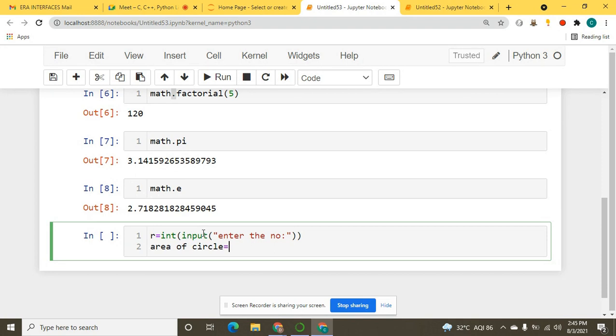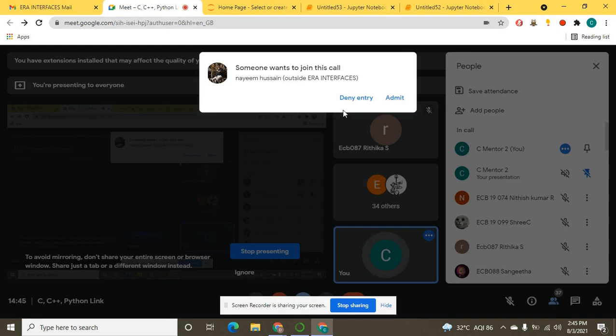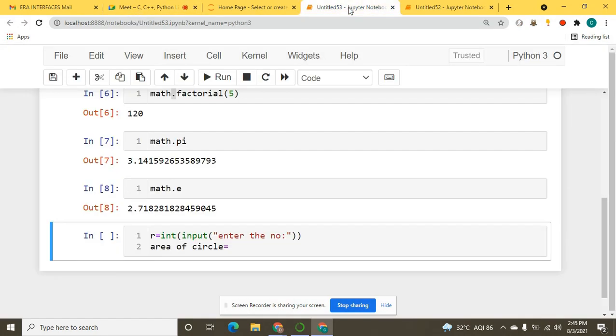So how will I write pi here? I will not put the symbol of pi, because for that I need the value of pi, right? So what can I do? I can put the direct value, which is 3.14, right? But I don't want to do that. What I can do is take my math.pi here.